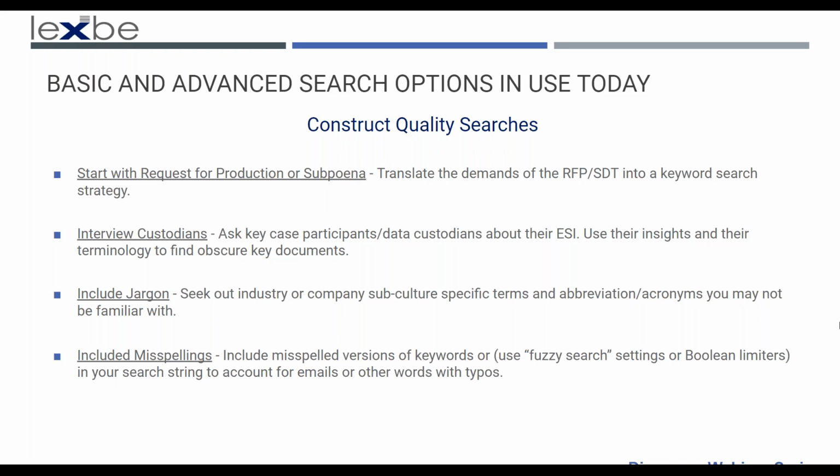This could be a typo with somebody's name. It could be just any word where people juxtapose one letter for another in a word that they're typing. We've all made typos like that in emails. So incorporating the idea that you may come across some misspellings and using this fuzzy search technique will help you as you go through your documents as well.